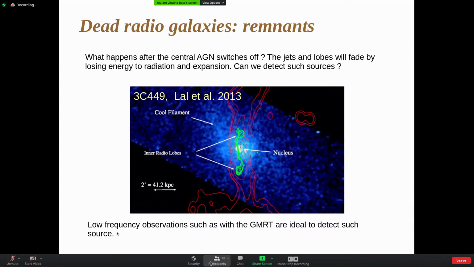It is these interlopers which appear in what is called the Green Valley when you look at the color and mass diagrams from hundreds of thousands of galaxies which have been plotted, particularly from the Sloan Digital Sky Survey, which has very large numbers of galaxies. So different processes are possible, but what Ruta talked about are processes which are viable and probably, and there is both observational and theoretical evidence that that is probably the case in many examples.